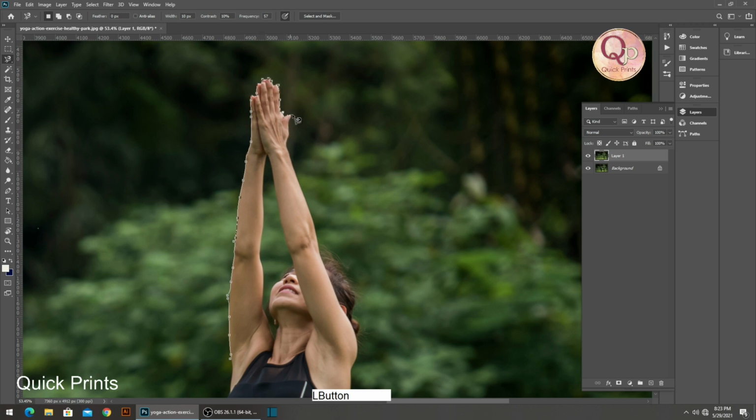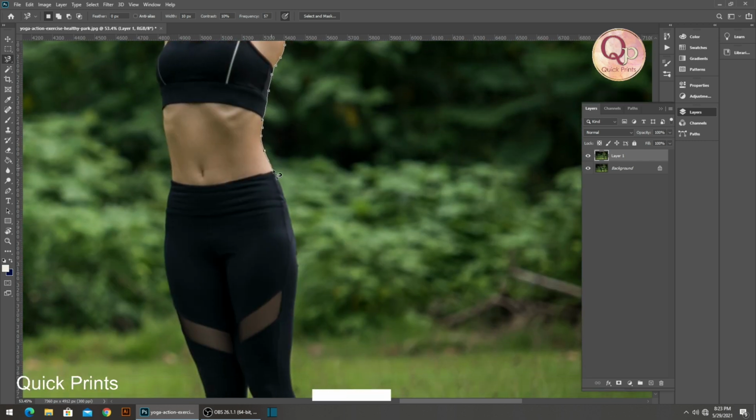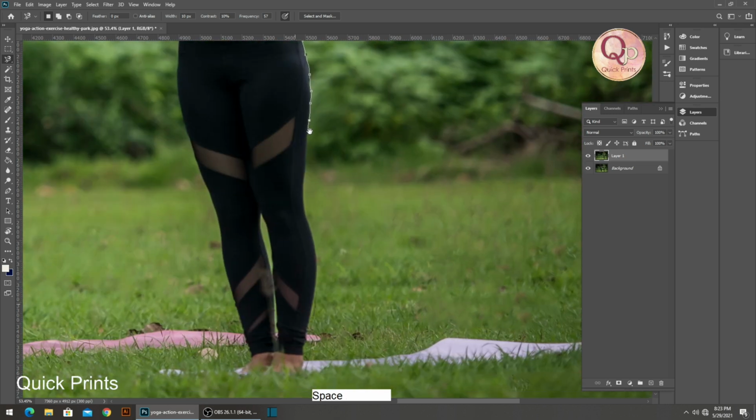So the polygonal magnetic tool and the balance of content aware is very important in this particular image. There are a few more images which you will see in a further video, but they have different techniques. We cannot apply the same technique or a random technique.